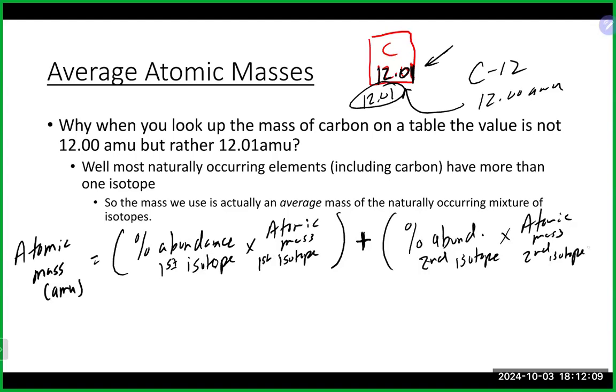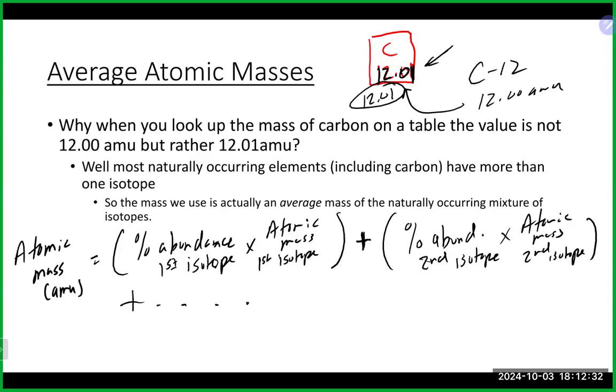It does depend obviously on how many isotopes you have, but you basically just continue this pattern. If you have 3 isotopes, you continue to do it. The percent relative abundance is basically the percentage of time that these naturally occurring isotopes appear. Obviously, it's a percentage, so it should add up to 100% or in that ballpark if you have all